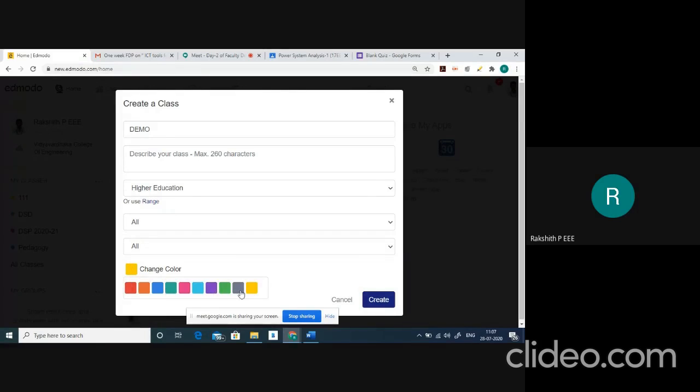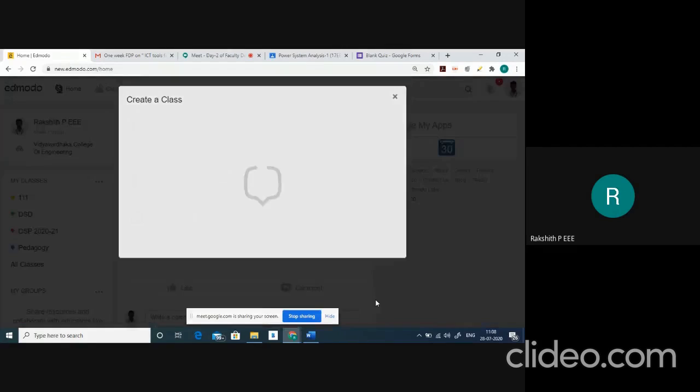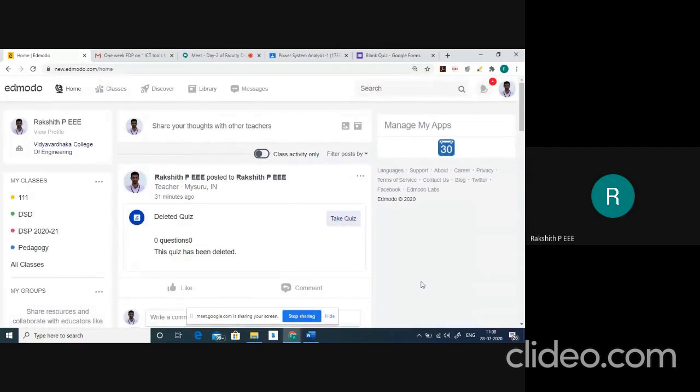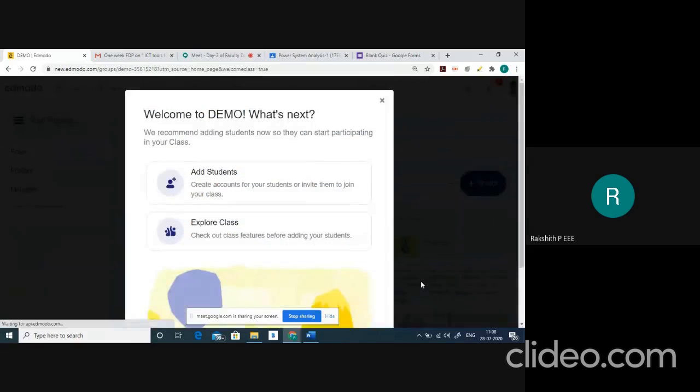You'll get various other options. You can select any one of them. Once you select all of this, you can find a create window, right? So you can click on this. Once you click on that, a new class will be created.